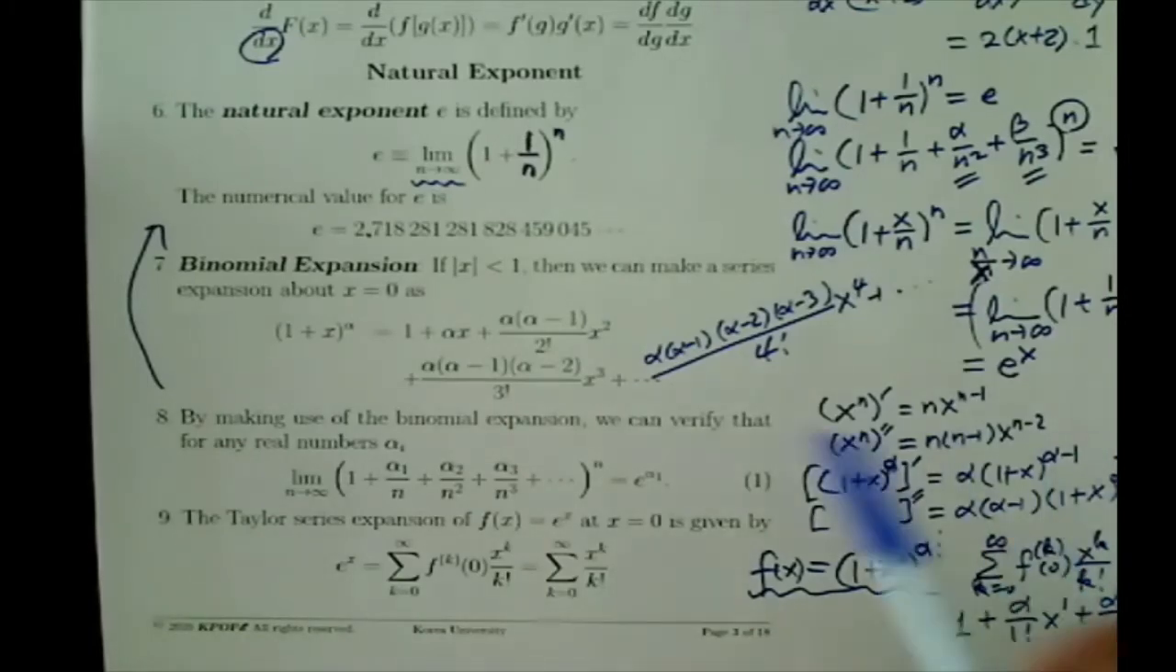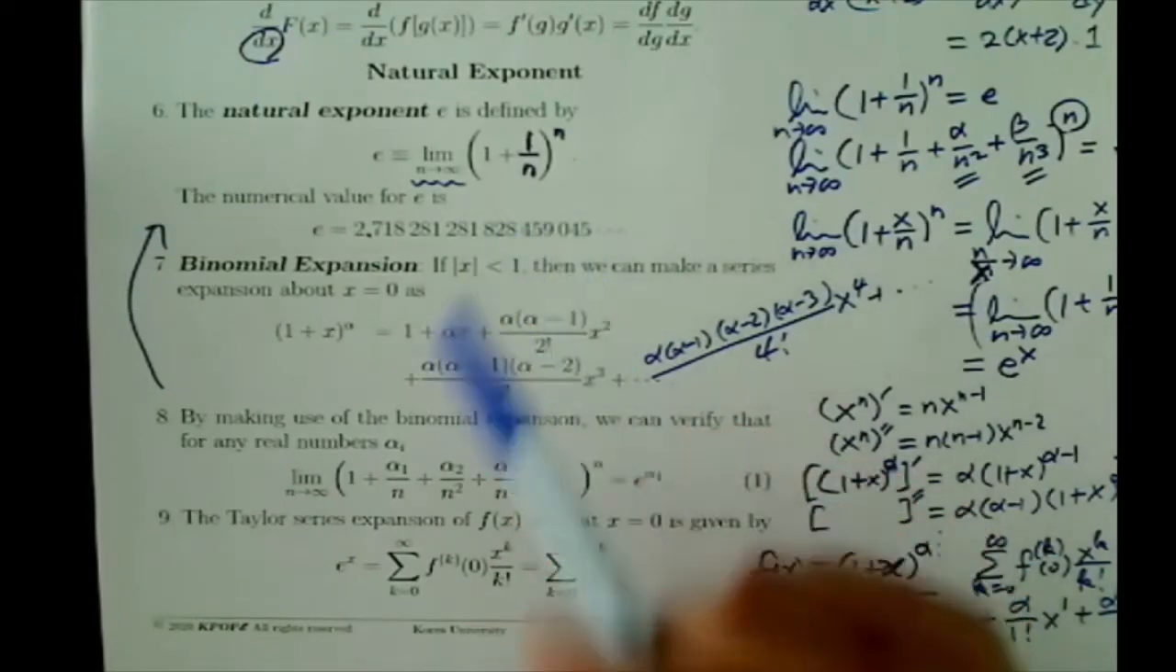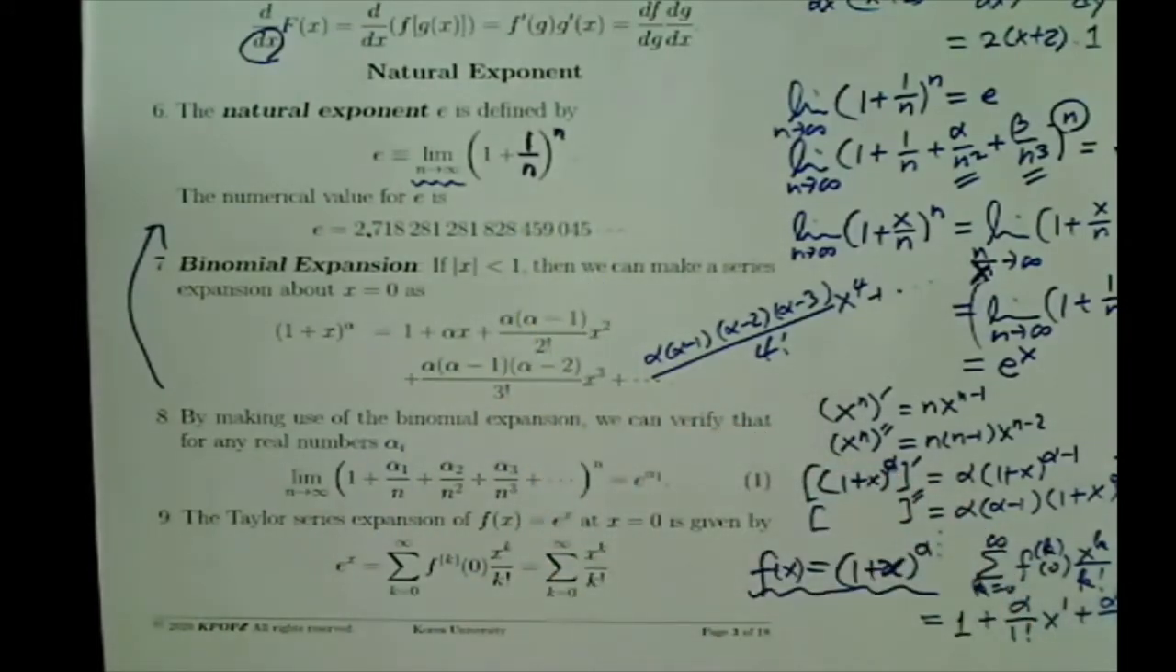The natural exponent is defined in this way: 1 plus 1 over n, raised to the power n. After that, we take the limit n goes to infinity. The numerical value for this natural exponent is 2.718 and so on, and this is an irrational number. One more important thing we must remember is that